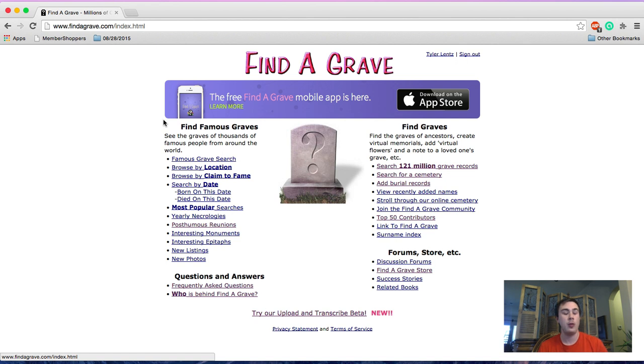For those of you that don't know what Find a Grave is, it is a database and collection of cemetery information acquired from tombstones or other memorials of your ancestors. And what happens is you can sort through graves either by person or by cemetery, and then at those cemeteries volunteers have gone out and they have taken pictures of millions and millions of graves and tombstones. They've indexed the information on those tombstones and transcribed it, and then they have posted it on the site to